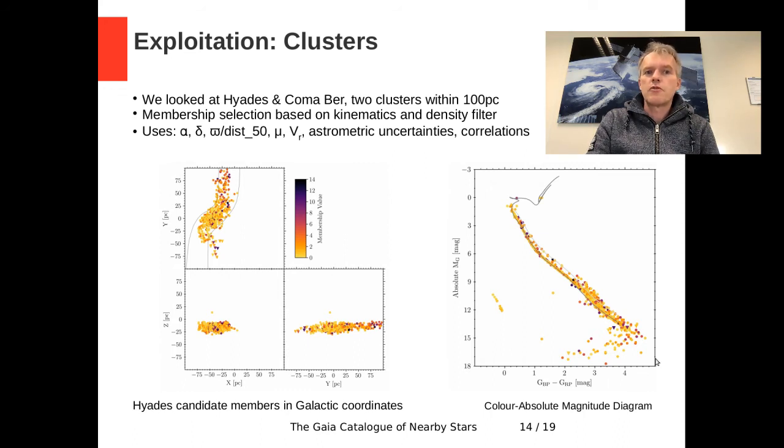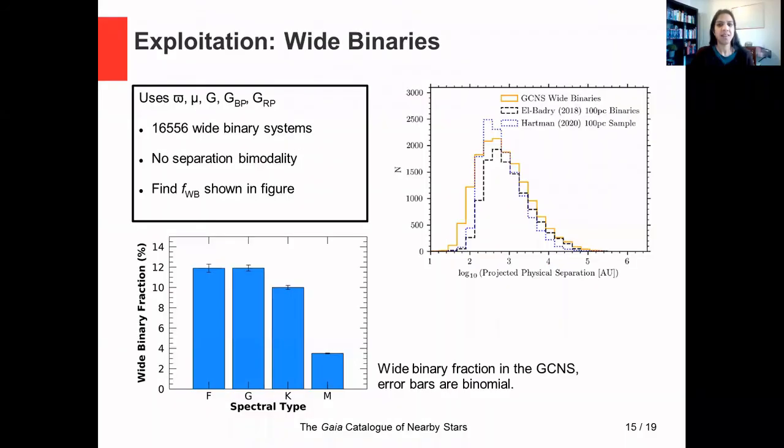Color absolute magnitude diagrams show exquisite details, such as the sharp equal mass binary sequence and the white dwarf sequence. We did not apply any photometric filters in our membership selection. You can use our CAMD plots to understand how photometry filters could have been used for further cleanup. This is discussed in the GCNS paper, section 5.5, and in the EDR3 photometry paper by Riello et al.